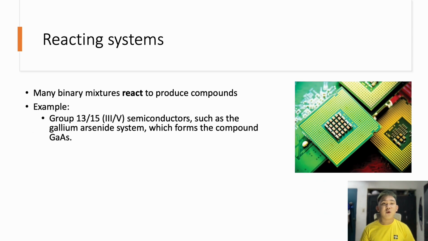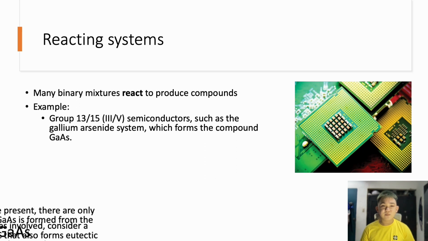For example, group 13-15 or III-V semiconductors, such as the gallium arsenide system, which forms the compound gallium arsenide. III-V semiconductors such as gallium arsenide offer materials property advantages over silicon, such as increased carrier mobility and direct band gap, which may be used for microwave and optoelectronic applications. Applications such as monolithic microwave integrated circuits, microwave frequency integrated circuits, infrared light emitting diodes, solar cells, laser diodes, and